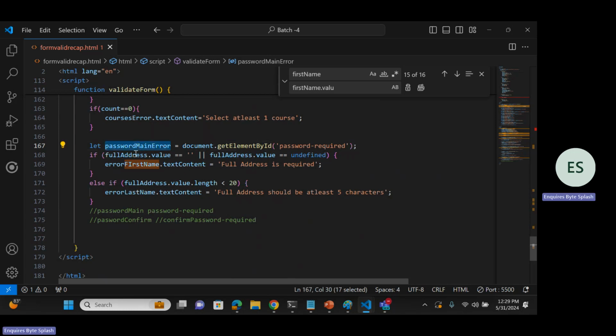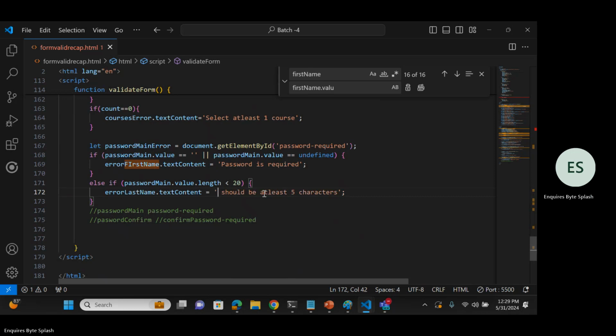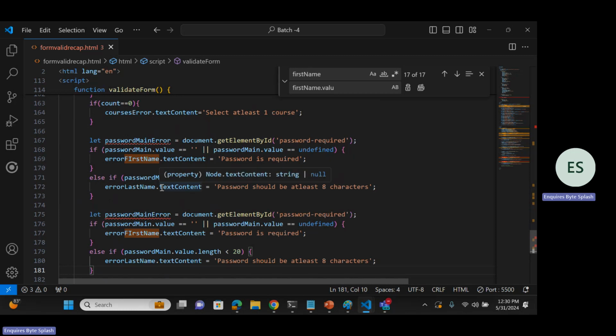So now we have password main dot value, password main dot value, password main dot value. So we'll say password is required. Password should be at least 8 characters, at least, right? Okay, next one. We can mention here if it is not having uppercase, lowercase also, we can make it by